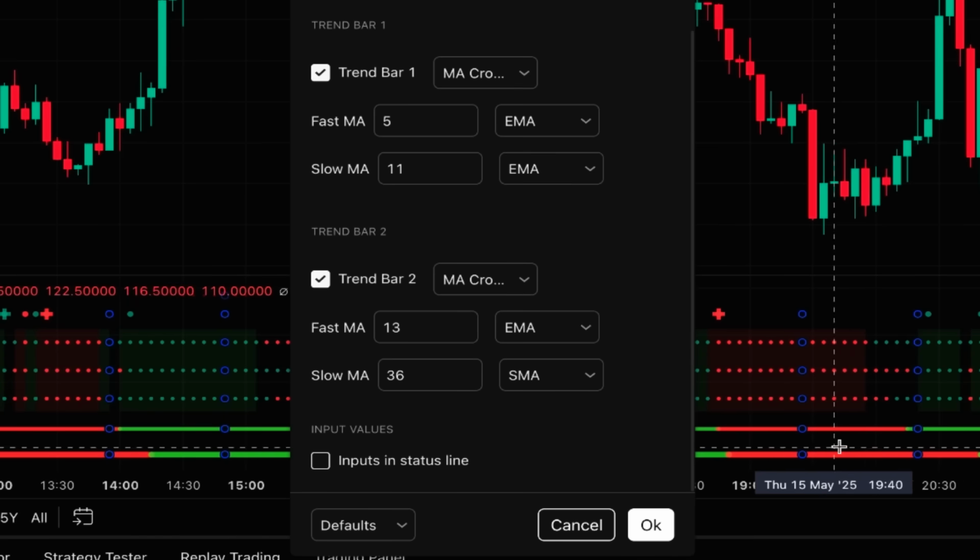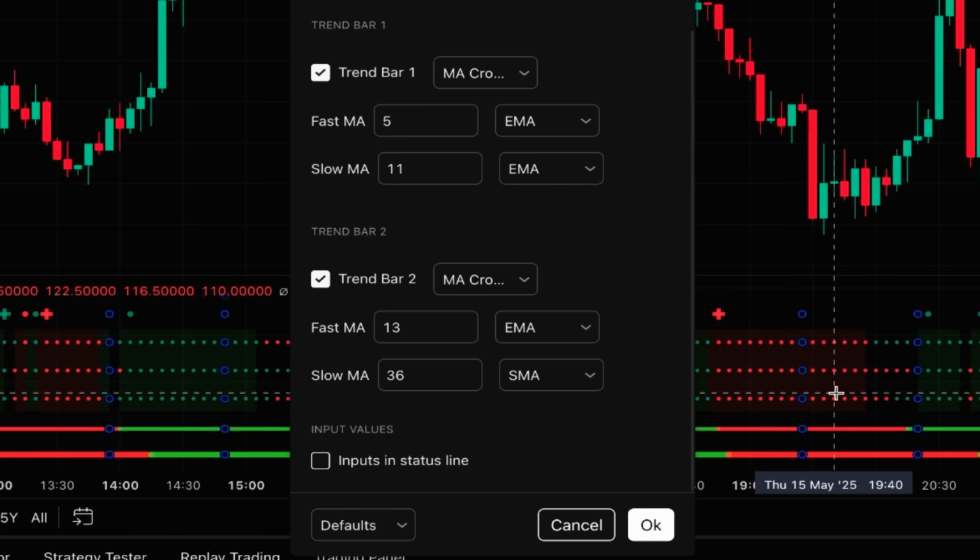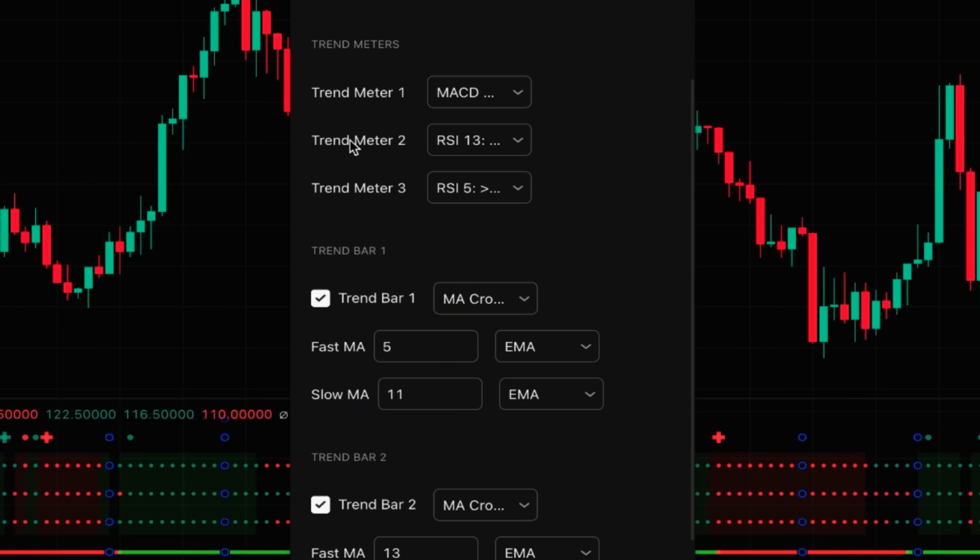Here we have trend bar 2, which is actually for longer term momentum change identification, and inside this we have another layer, trend bar 1, which helps us with shorter term momentum change within the longer term momentum. And then we have another 3 layers of momentum identification. Trend meter 2 and 3 are based on RSI, in which trend meter 2 is RSI 13, and then we have trend meter 3, which is based on RSI 5, so we can identify shorter term momentum change within the